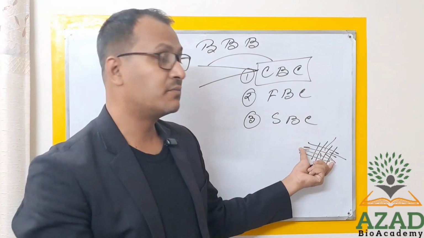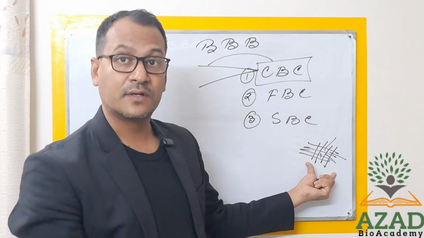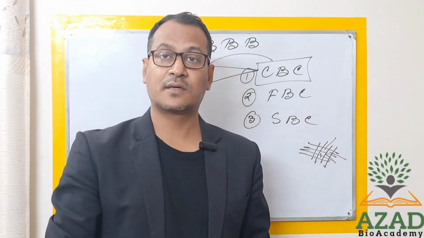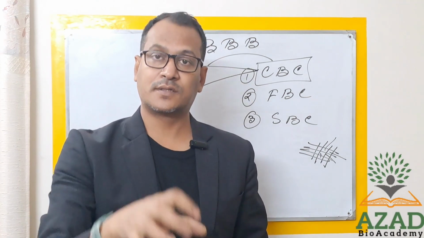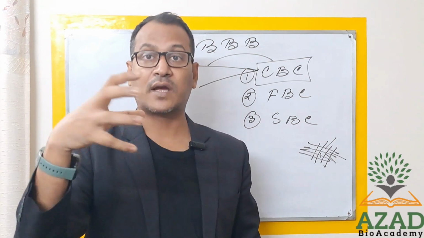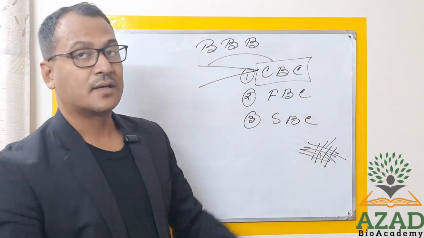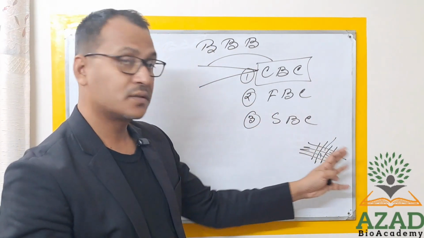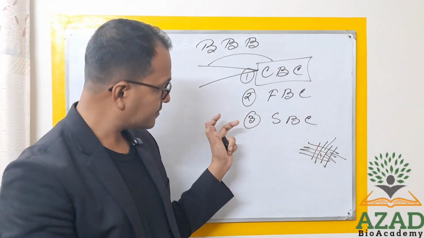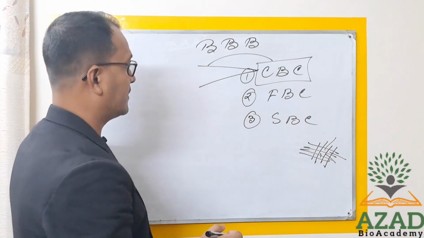Such fenestrated blood capillaries are present in different organs, like your GI tract, your renal system, basically kidneys, and your endocrine glands. In those areas, fenestrated blood capillaries are there. That means very porous, so different types of substances can easily pass through it. Okay, and the third one is